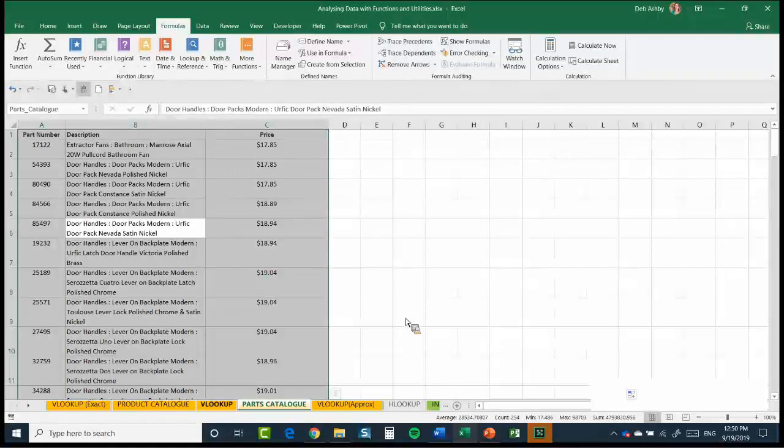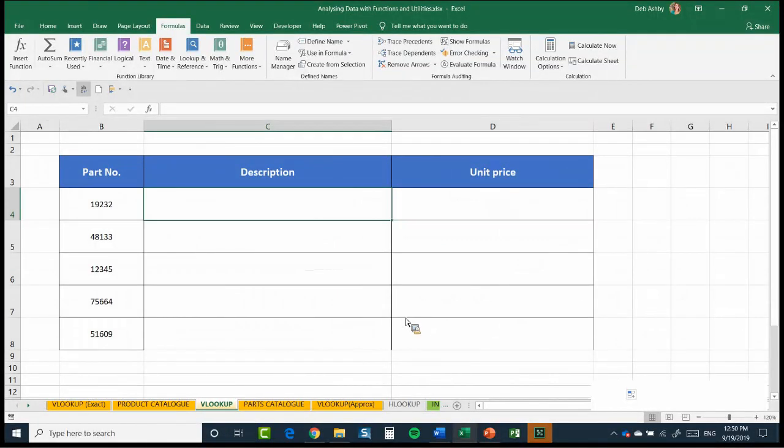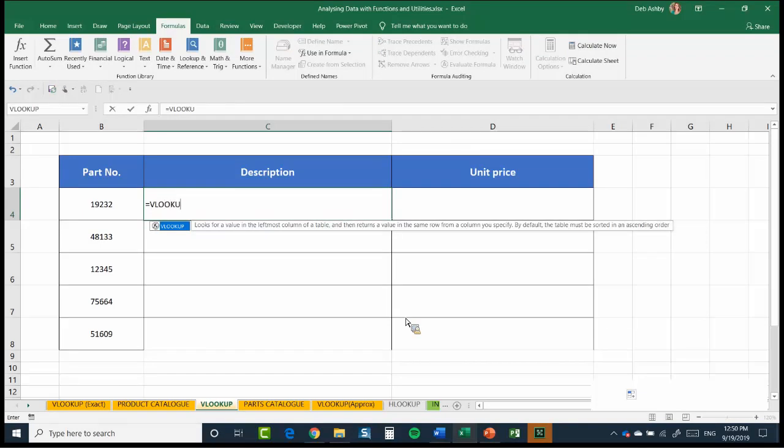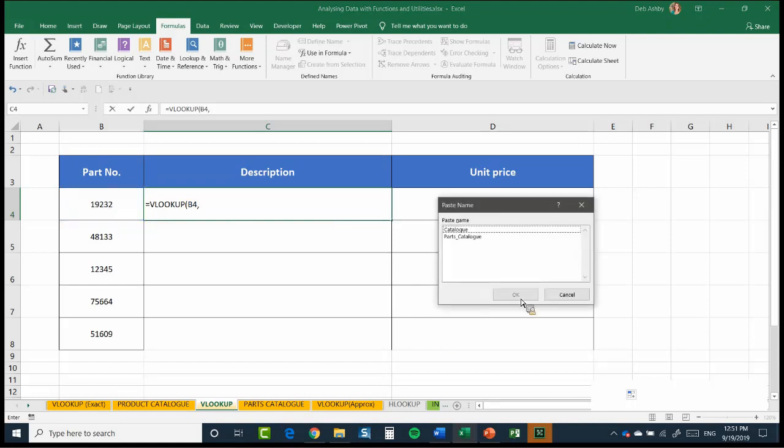Going to go back to here and we're going to compose our VLOOKUP command. So we're going to say equals VLOOKUP, our lookup value. So again, what is that common piece of information between the two tables? And it is the part number, comma, table array. Where are we looking up that part number? We're looking it up in that parts catalog. So remember, you can press F3 and there is my parts catalog,